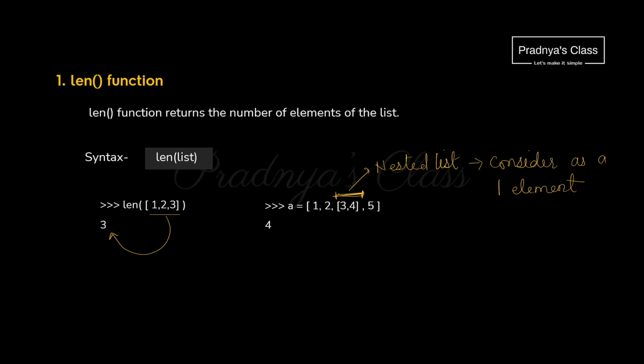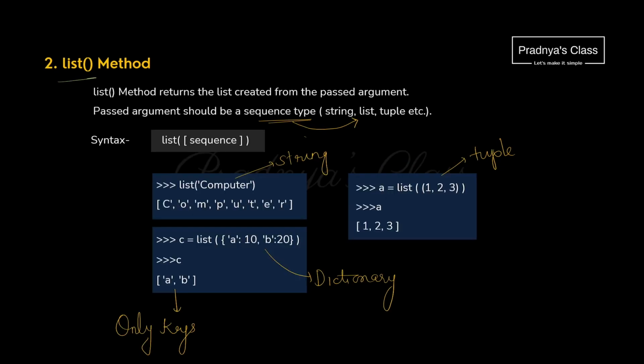The first is len. In case of a string, it counts the number of characters, but in case of a list, it will count the number of elements. There are 3 elements, we got 3. If we have a nested list, the nested list will be considered as one element. That's why the length of this list is 4. The list function we have already discussed. It is used to create a list from another sequence. Here we are creating from a string, in this we are creating from a dictionary, and in this example we are creating